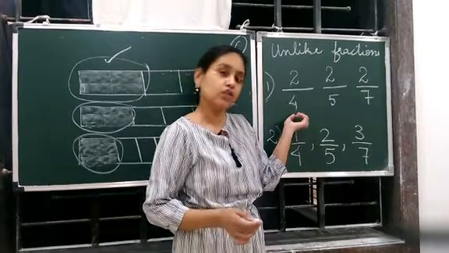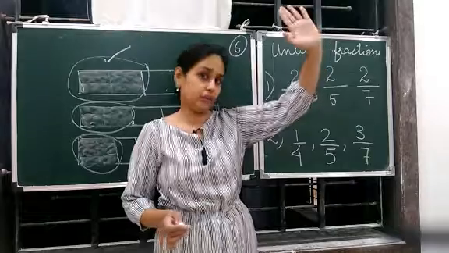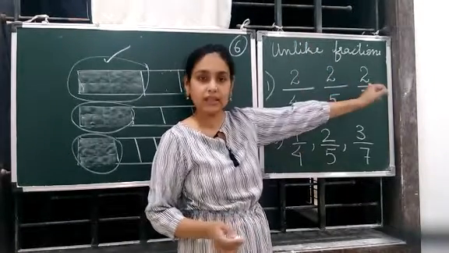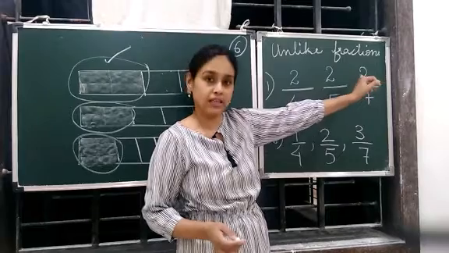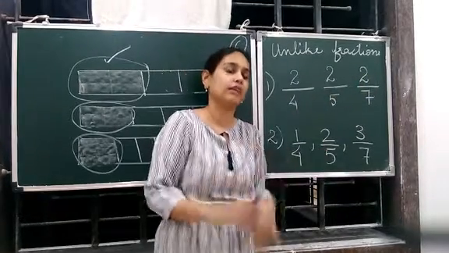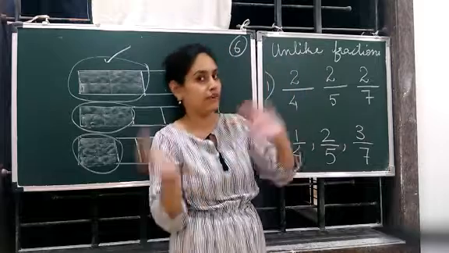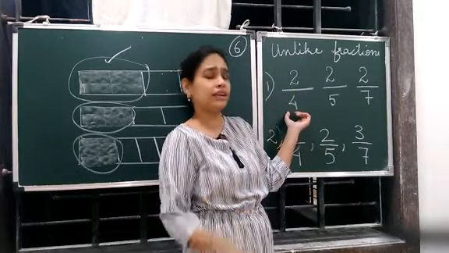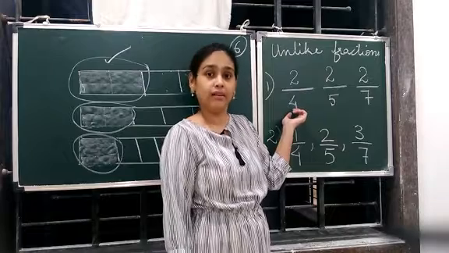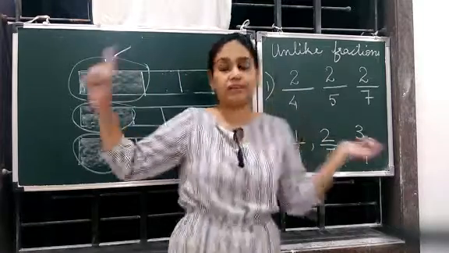4 is smaller, so we will call this one bigger. Okay? Why are we saying this? Because the numerators are same. Okay, numerators are same. So we are comparing the denominators, but we will go the opposite way. We will call the smaller one bigger and the bigger one smaller. So which one will we call bigger? We'll say 4 is bigger. Correct? Now you check the figure.